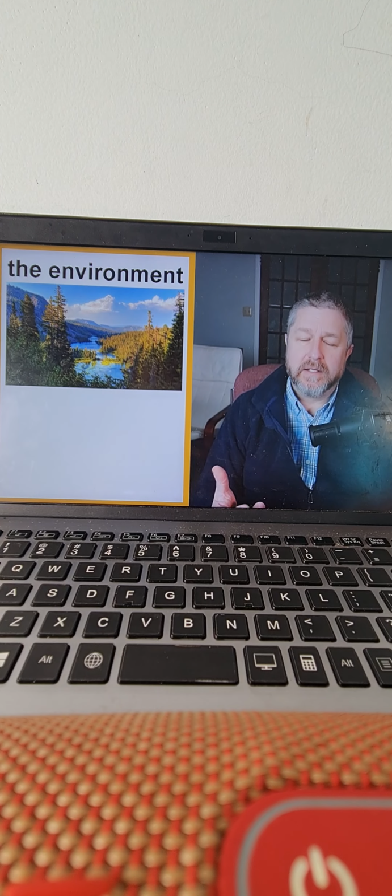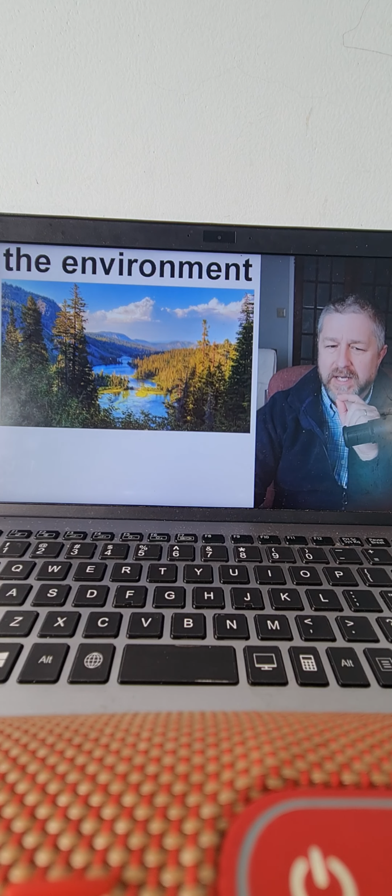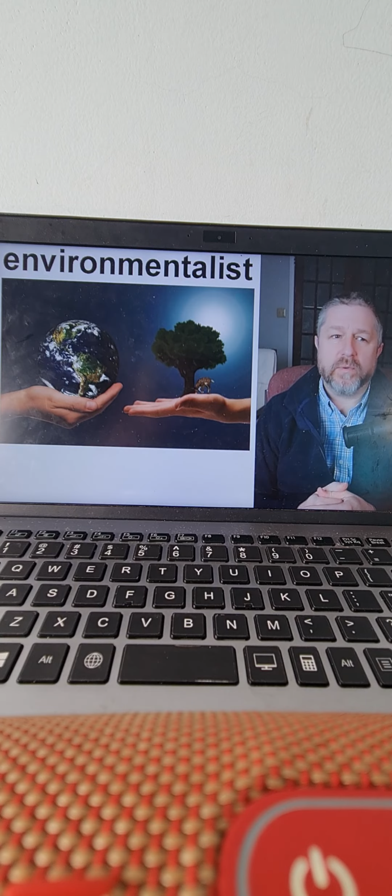We hardly say the N, by the way. So if I say the environment, you can hear me say the N that comes right before the M, the environment. But it's kind of very soft, environmentalist. So, environmentalist is not an official term. It's just someone who likes the environment and has a lot of time to try and do things to take care of the environment. So an environmentalist is someone who thinks the natural world should be protected and does everything they can to do that.